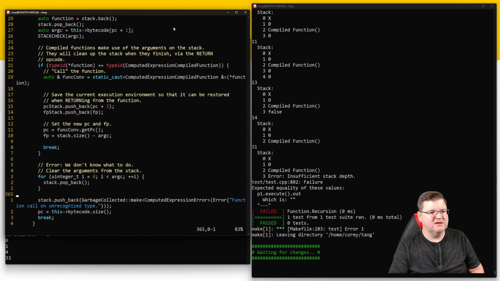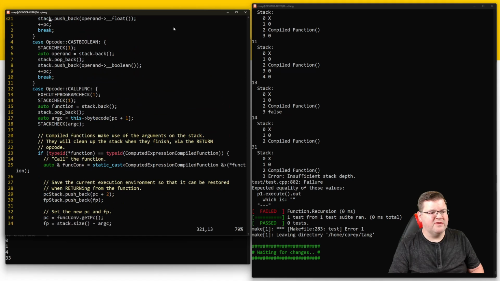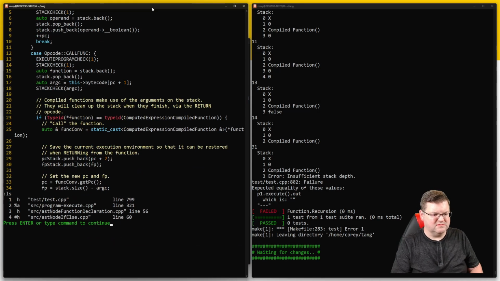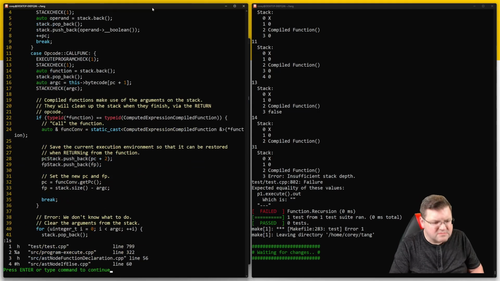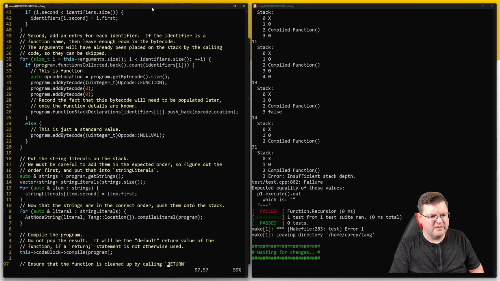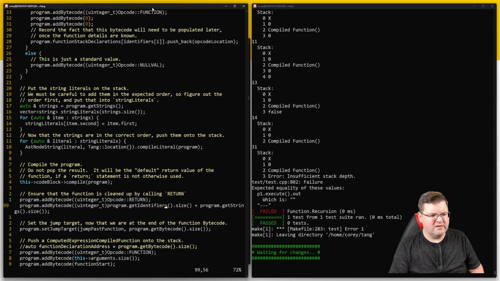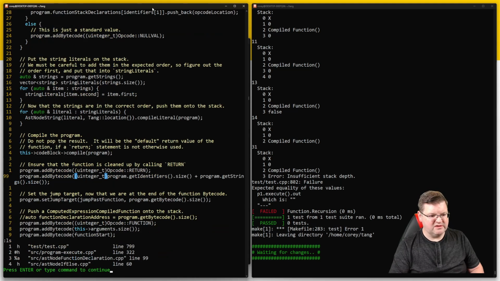Where's the return? Return is the total number of things that it needs to pop off the stack. 3 was correct because there are 3 things on the stack. So the bytecode B2